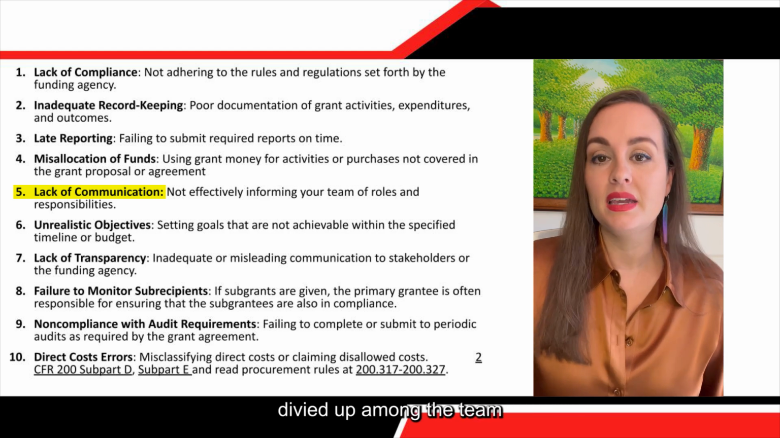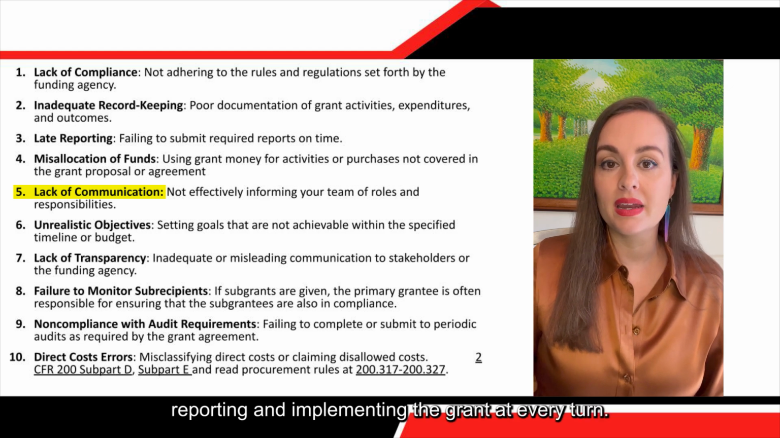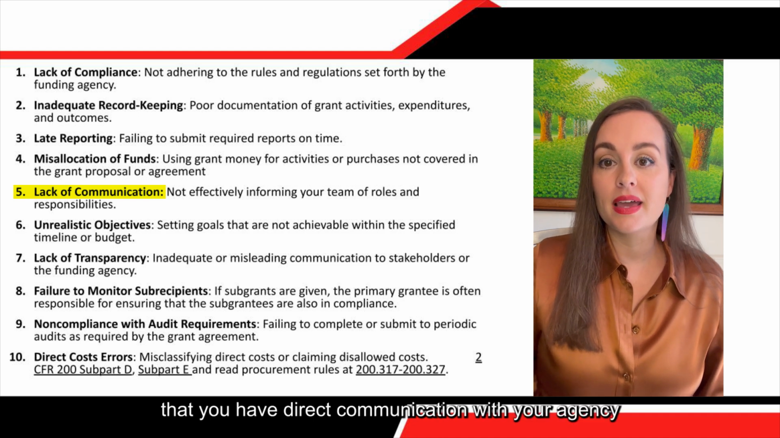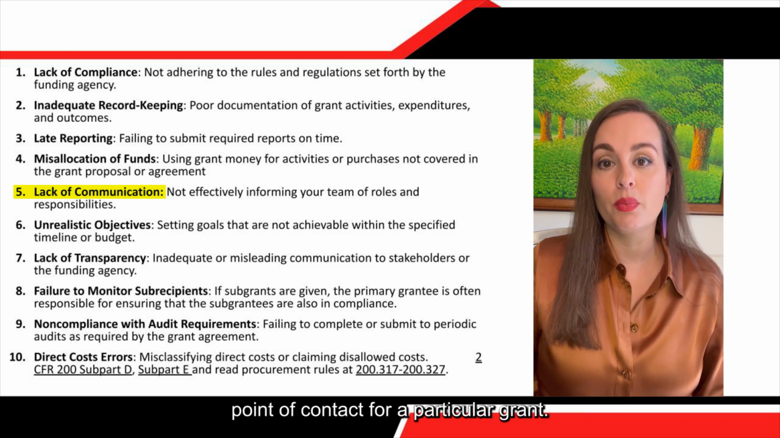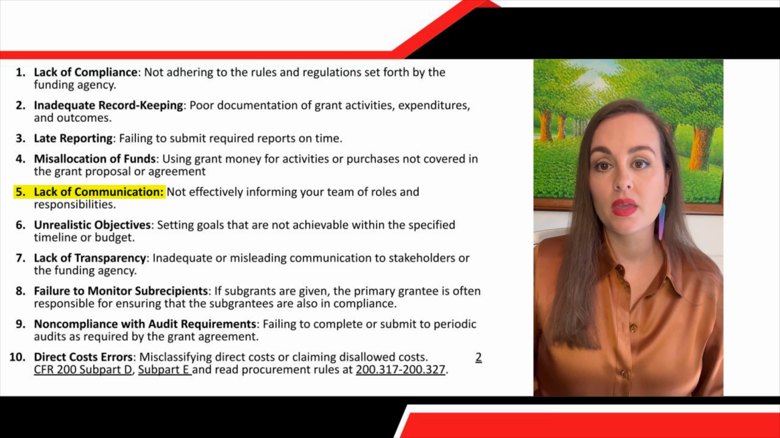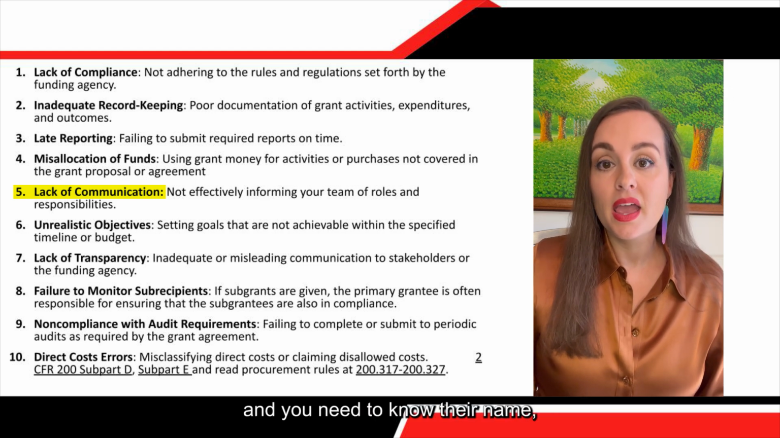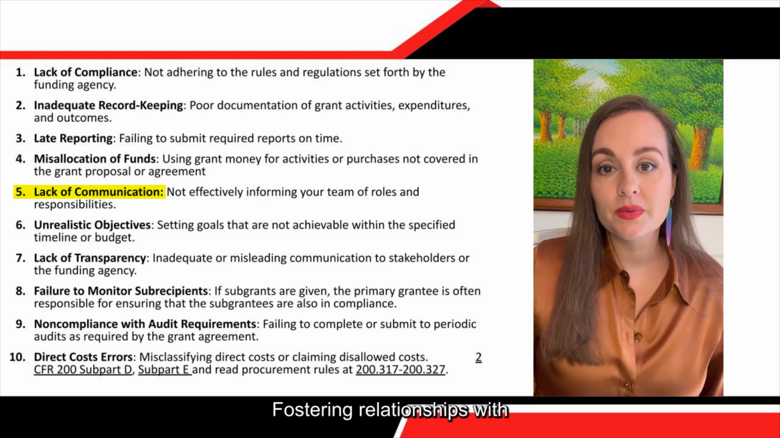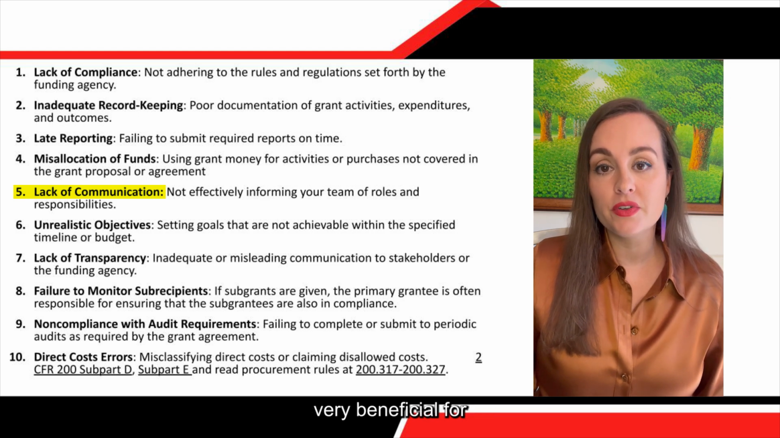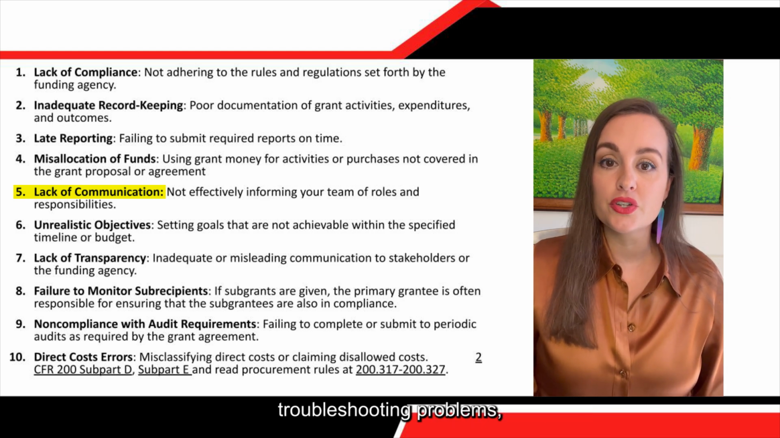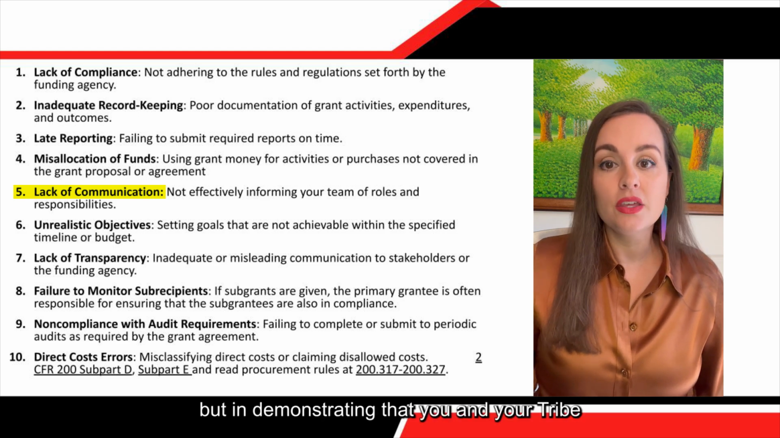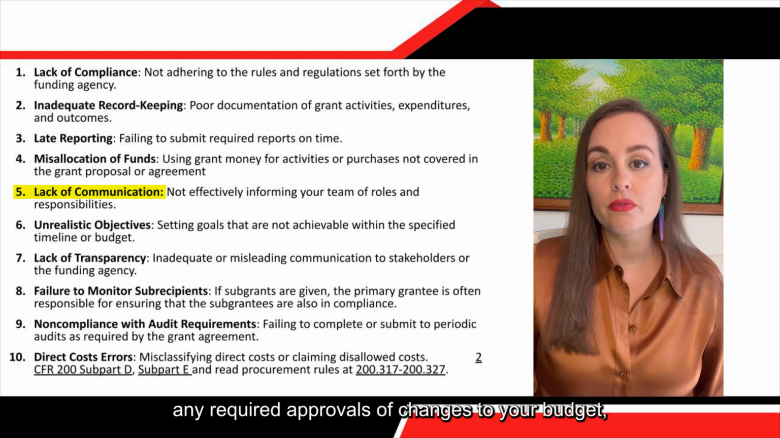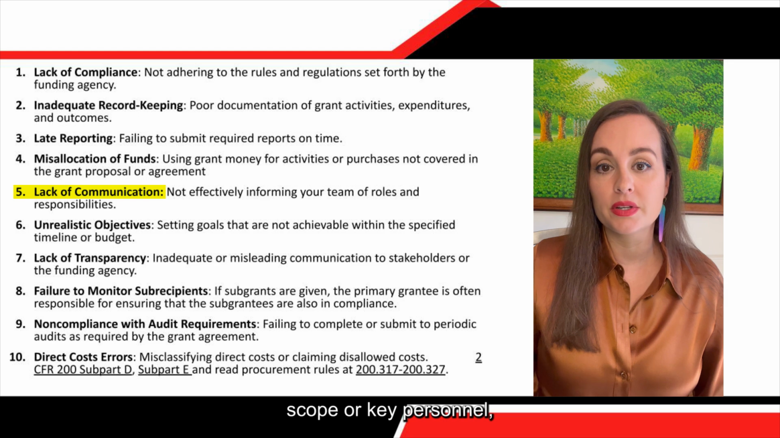divvied up among the team that will be responsible for tracking, reporting, and implementing the grant at every turn. Also, it's important that you have direct communication with your agency point of contact for a particular grant. These folks are your technical experts, and you need to know their name, phone number, and email. Fostering relationships with agency points of contact is very beneficial for not only getting your questions answered and troubleshooting problems, but in demonstrating that you and your tribe are accountable partners. They will also help you with any required approvals of changes to your budget, scope, or key personnel, so keep